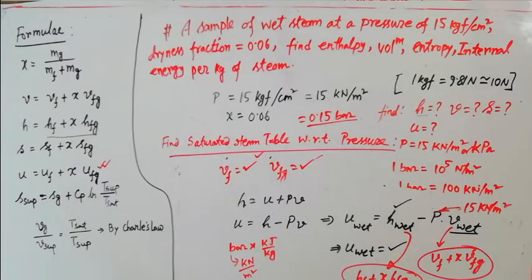Understood? So if you put all those values there, from there also you can easily find the specific internal energy for that particular wet steam. So try to find all those values for that particular problem and get back to me if you have any confusion regarding this. We can also tally the answers, yours and mine. Try to solve it and let me know if there is any problem. Next we are moving to the next problem.